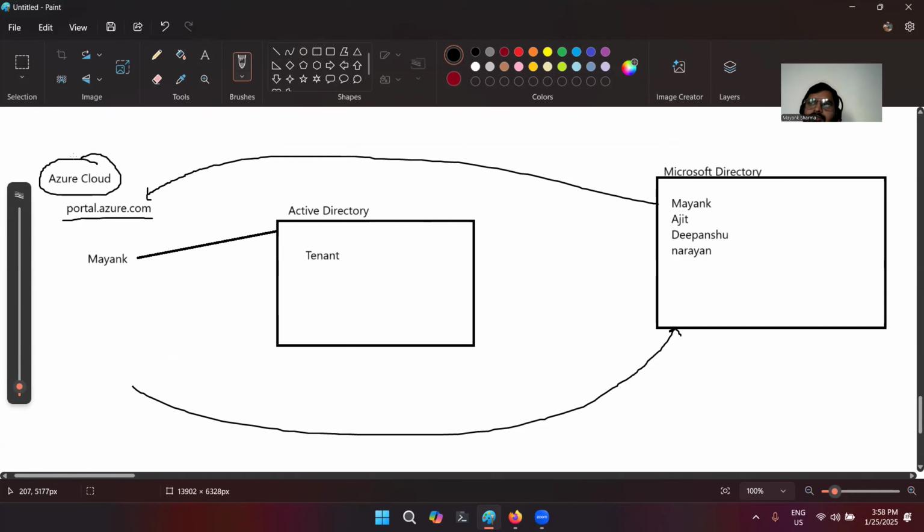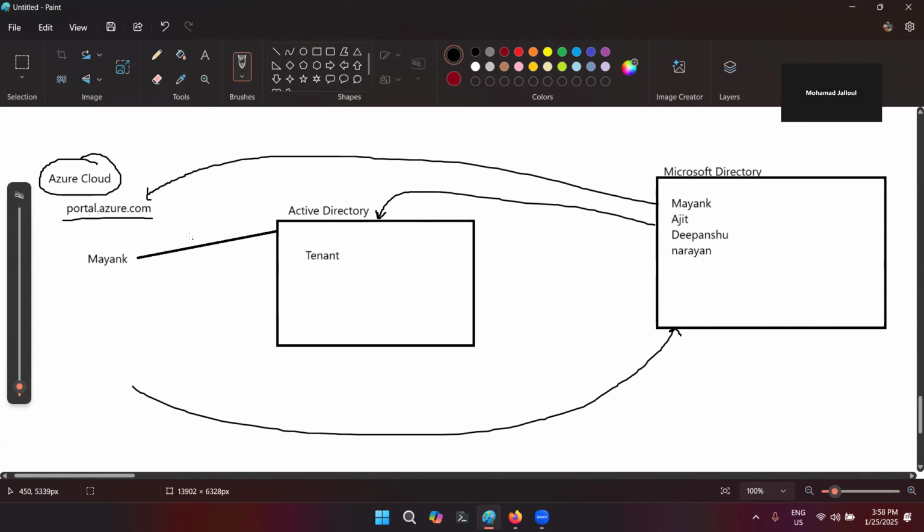If an organization has thousands of users who want to use Azure Cloud, it is not going to be feasible to create 1,000 accounts. So instead, for a single account where you purchase a subscription, Azure will create a tenant or Active Directory for you. Using this Active Directory, you can manage multiple users on that single account.